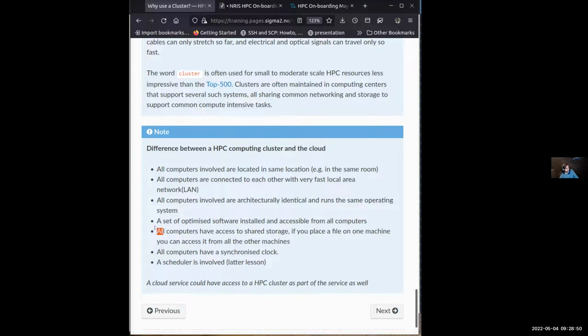And then they have access to common storage. So if you place a file, you could access it in the same way with the same path on any of the computers. For example, if you have a file on your laptop, like desktop, my file, and you go to your office desktop and try to find desktop my file, it would not be there. But in this setup, it's made identical.